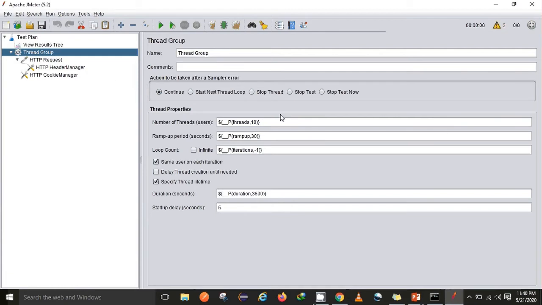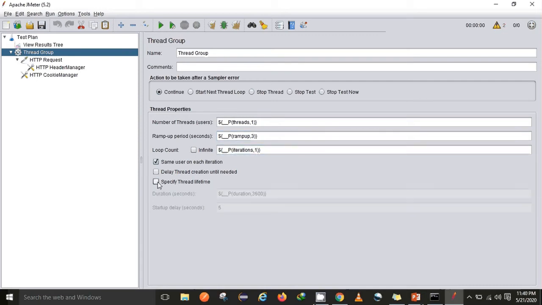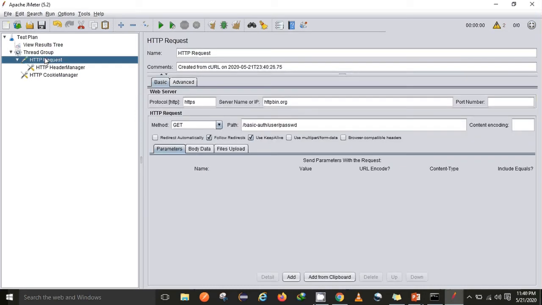Okay, this is a thread group. By default, using a parameter property function, it says to execute for 10 virtual users. I don't want to go for 10 virtual users, I want to go for a single virtual user and just once. Here it also uses a scheduler. So this is how I'm going to design my thread group. I want only one virtual user to execute the test, and this test is httpbin.org. Here again you can see basic auth, user, password. So with the help of a curl command we can design our test script and import the API calls, the way I have just done.